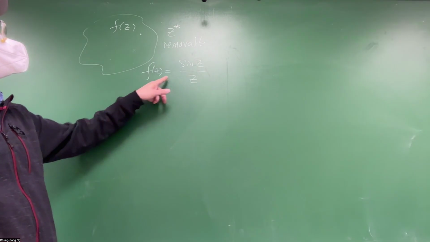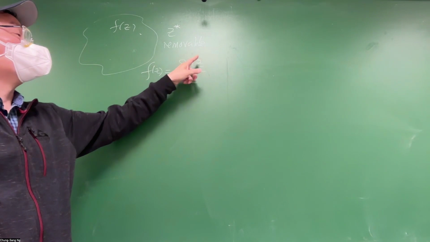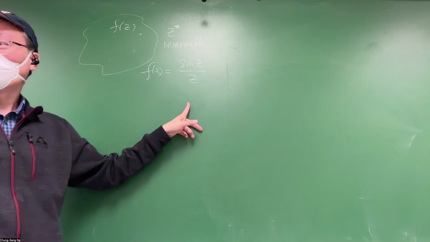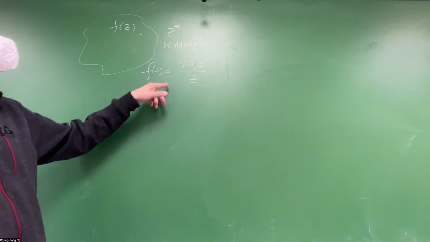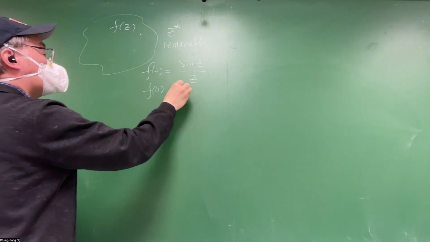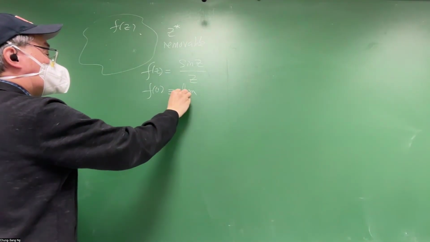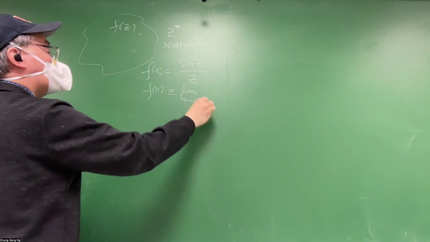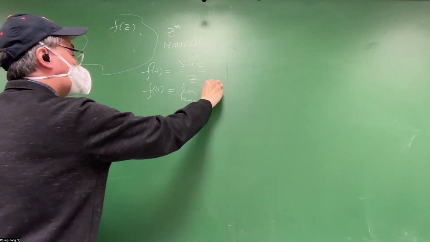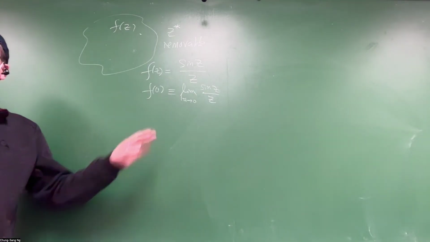Obviously at 0 it's not defined because you have 0 divided by 0. So you can define f(0) as the limit as z goes to 0, which is 1. You redefine that, and